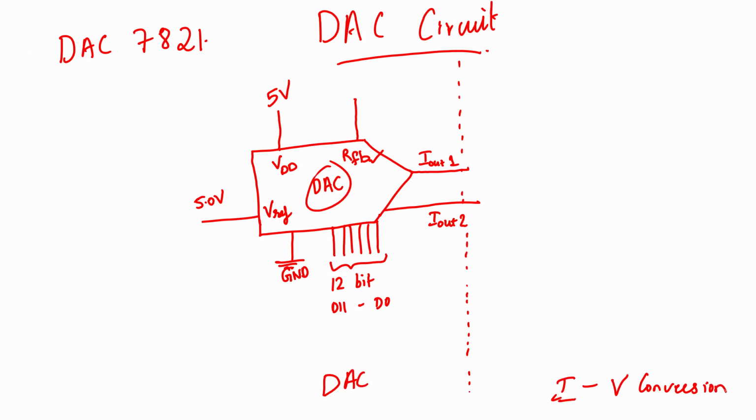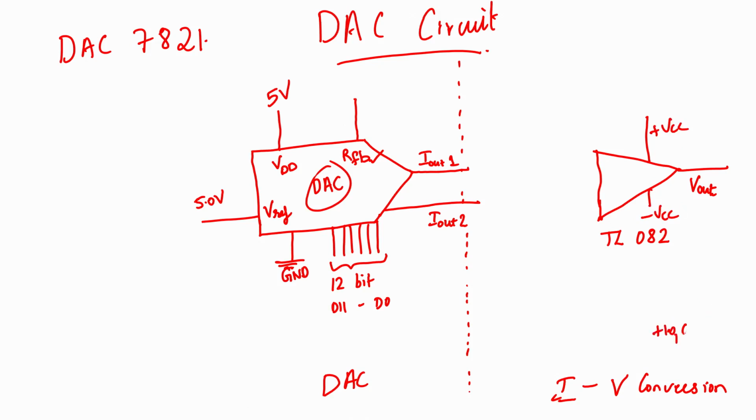So, what do you need to do that? You first put an op amp. In the board we have this TL082 op amp, so we will use that. The op amp will have output V out, and supply rails plus VCC and minus VCC. On the board, ideally this op amp should work from plus 10 volt, ground, and minus 10 volt, but we will work it with plus 15, ground, and minus 15 volt, and it will work at these voltage rails also. It is designed for sufficient tolerances.